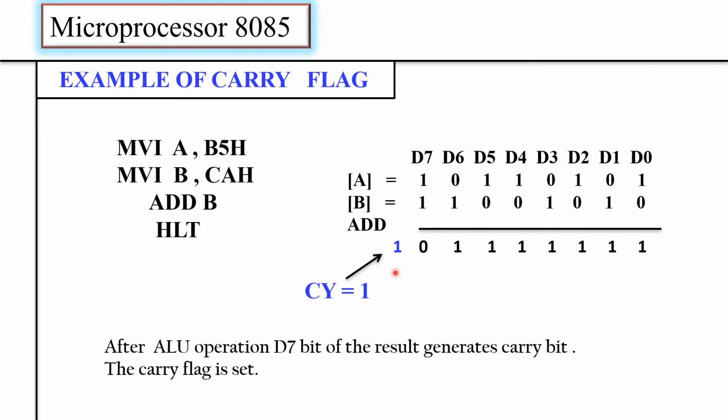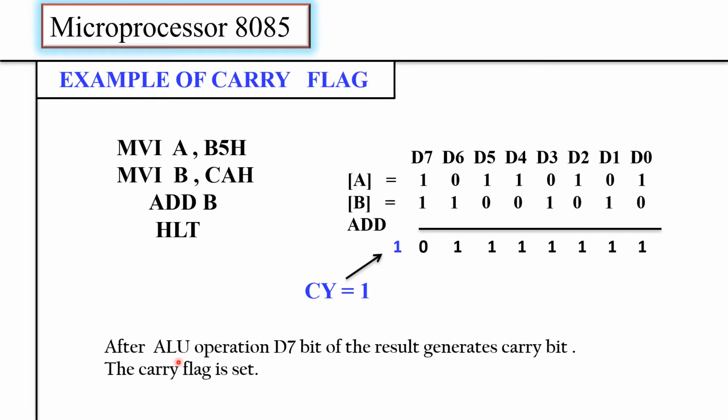But you know that the data bus of 8085 is 8 bits wide, so it cannot accumulate this 9th bit. This is nothing but the carry generated. This is our 8-bit result, because the width of the 8085 microprocessor is 8 bits. So the accumulator is an 8-bit wide register, right? The result will be stored in the accumulator. Now from the most significant bit, that is D7, a carry is being generated. So the carry flag is equal to 1, or we say the carry is set